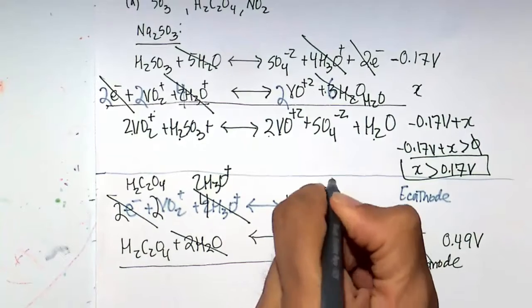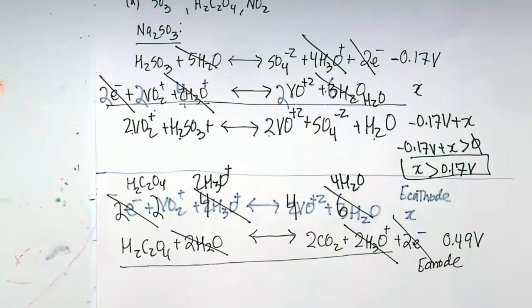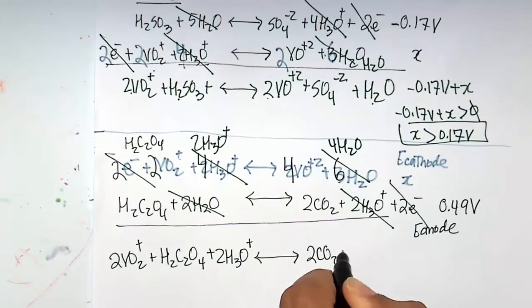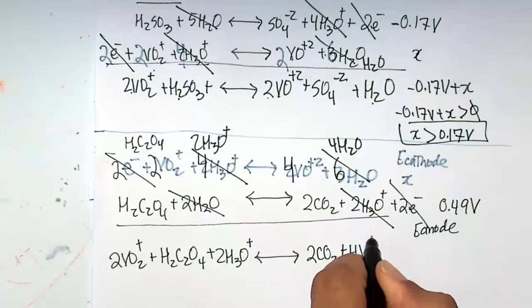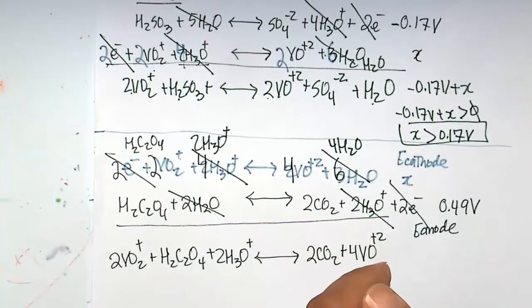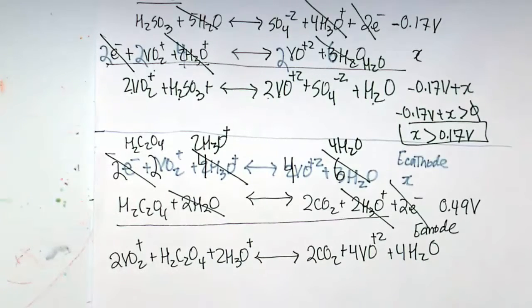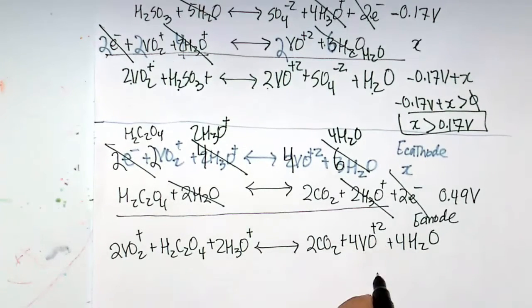And 2 of these waters cancels out, leaving 4 of these waters. And now let's write our net reaction. Our net reaction is going to be 2 VO2+ plus H2C2O4 plus 2 H3O+. That's going to give us 2 CO2 plus 4 VO2+, and I'm getting 4 waters. Okay, we add the 2 reactions, we add the cathode and the anode together, so this